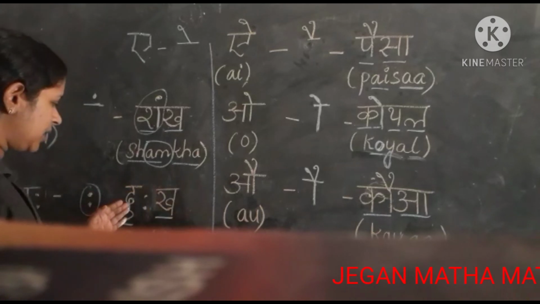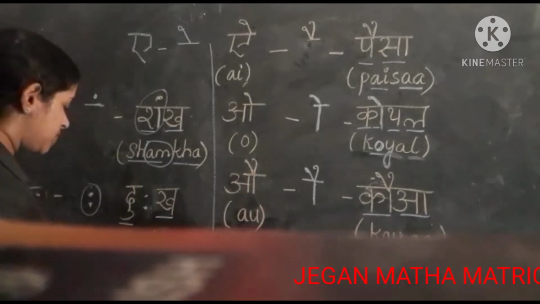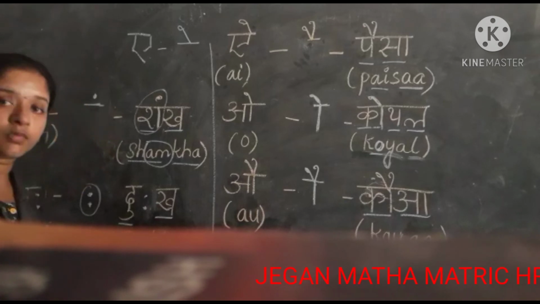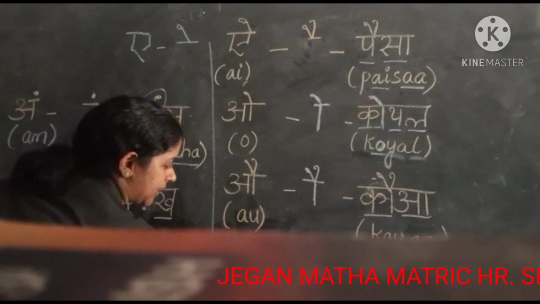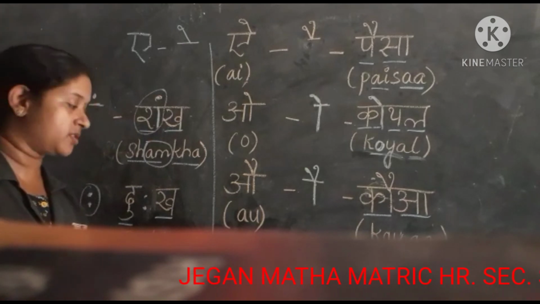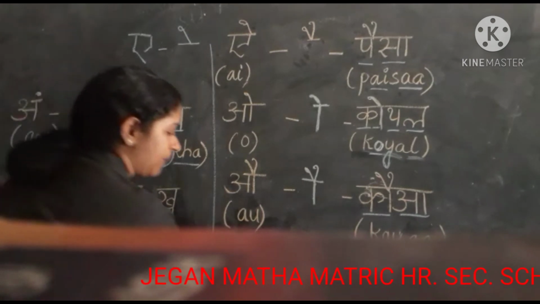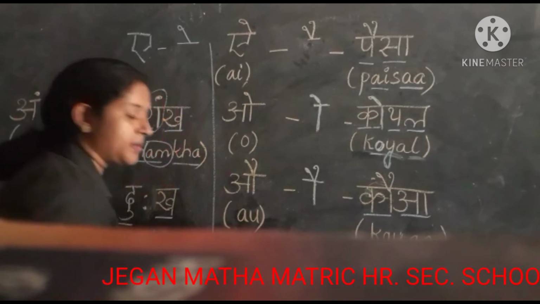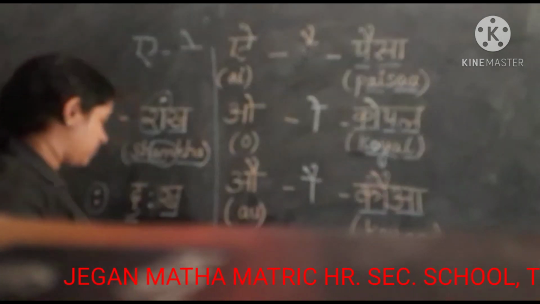In some words we will use these two dots in between, and in some words we will use them at the end. For example, I will show you one word, ataha, or one more word, prataha. In these two words you can see the dots are at the end side, isn't it? Prataha means early morning. That aha sound is coming. If I am not using that symbol, it is prat only, but if I add that symbol the word becomes prataha, early morning.